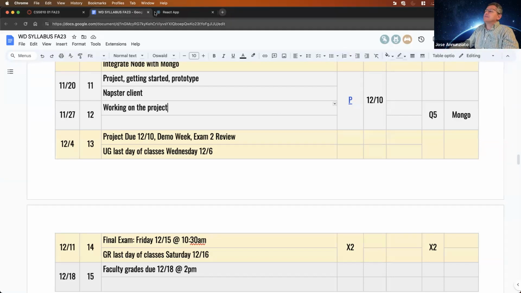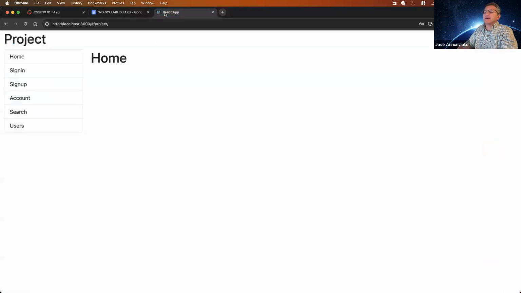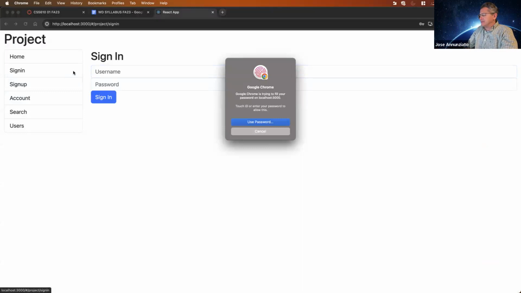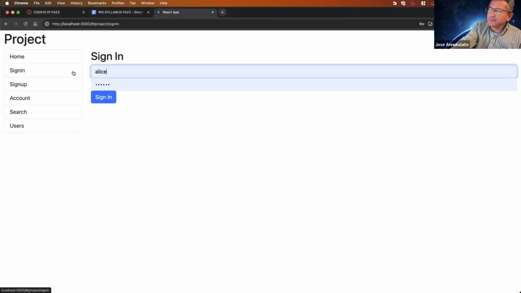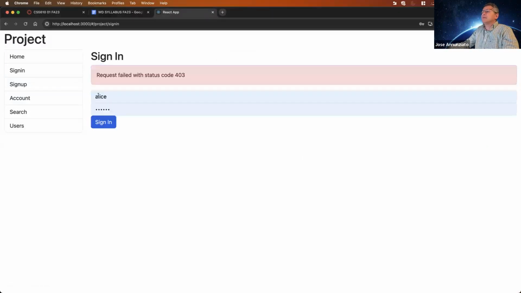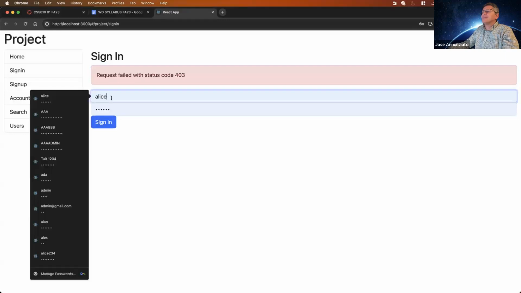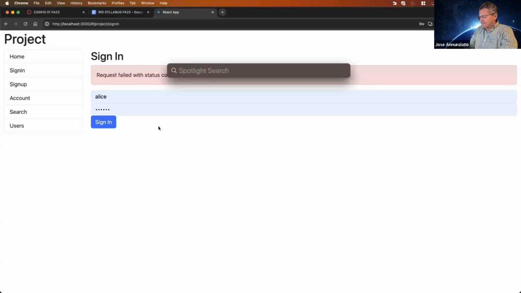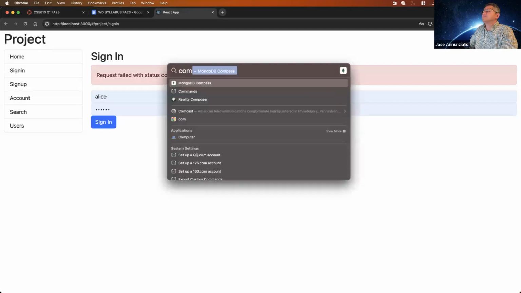Okay, so let's see where we left off. I believe we had a few users that could log in. Alice, I don't know her password. Let's check. Let's bring up the database in Compass.